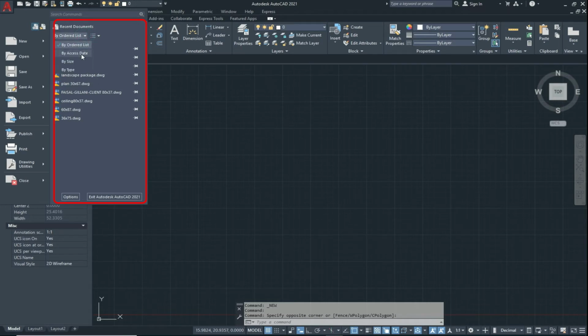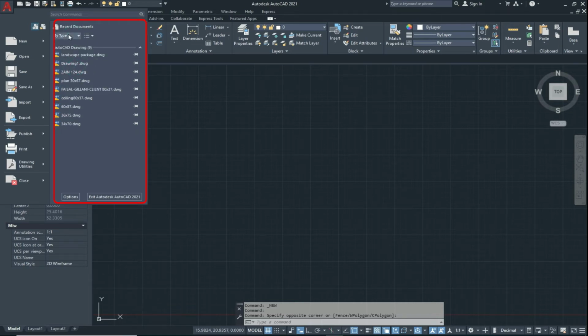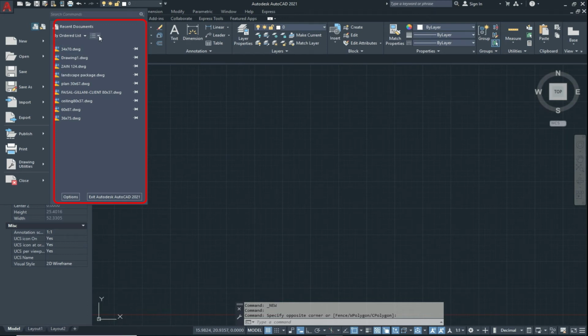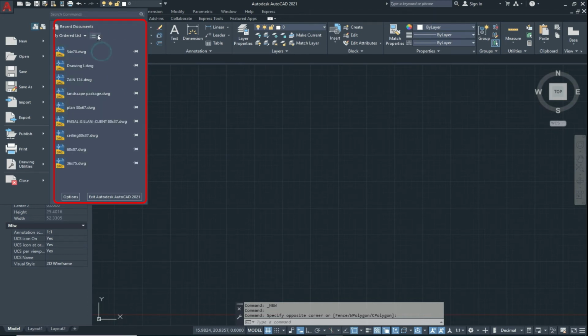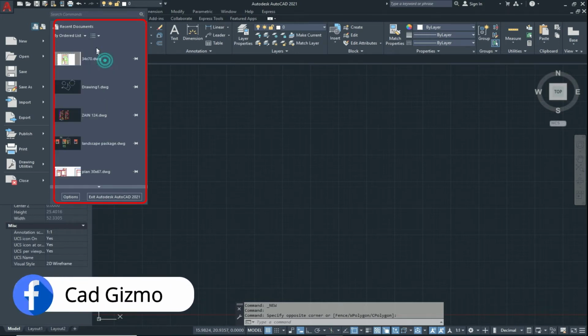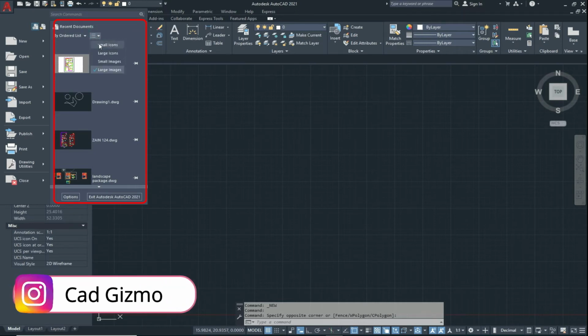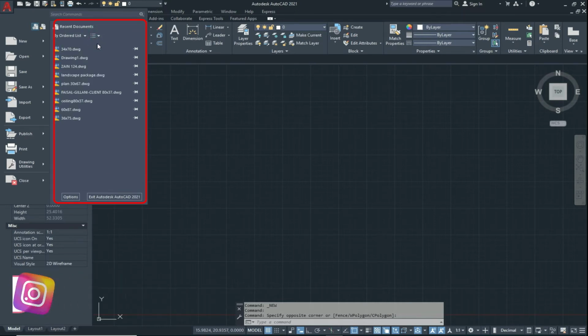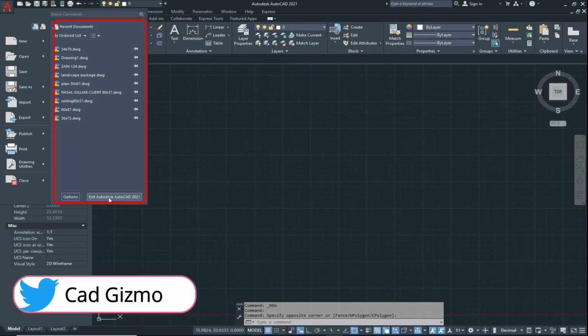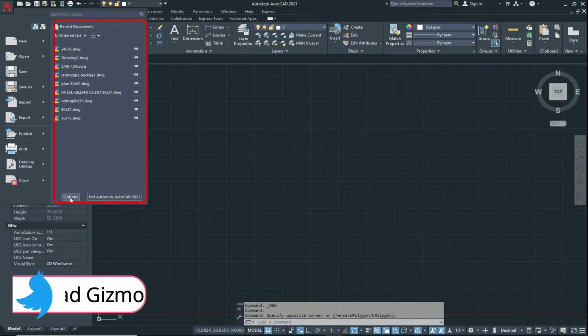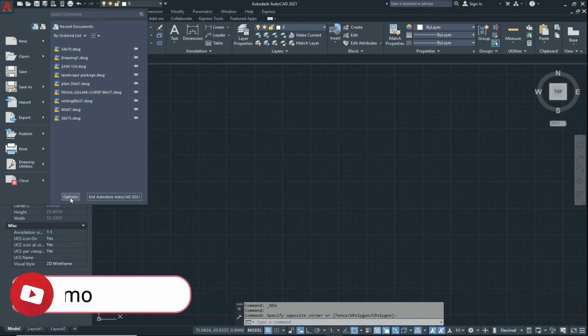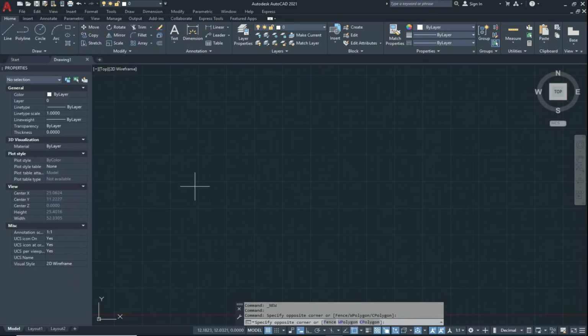You can change it by date, by size and by type, and you can change its view from here, large icon, and you can also change the image, small image and the large image. By default you can set it on small icon, and you can exit from AutoCAD from here by clicking this. This is the options menu, which is discussed in later videos. So this is our application menu.